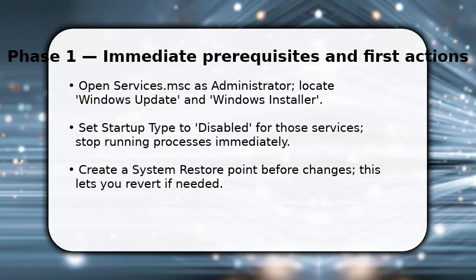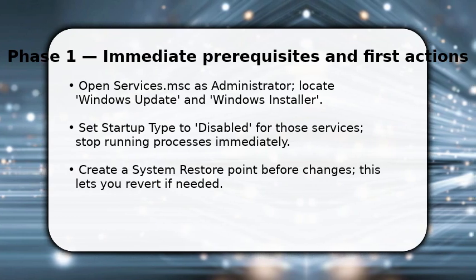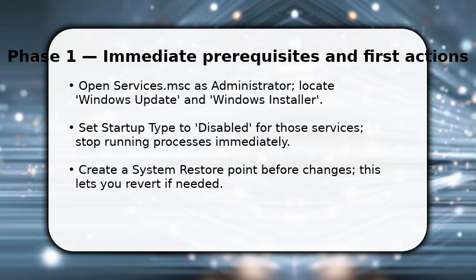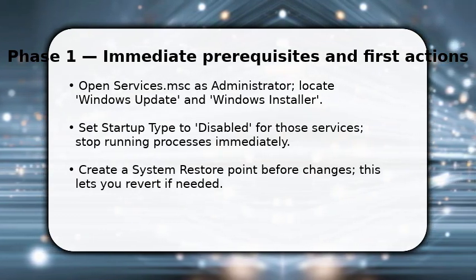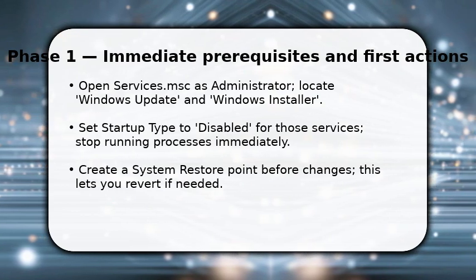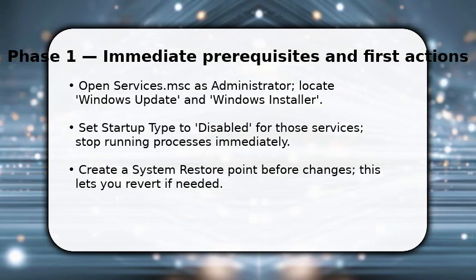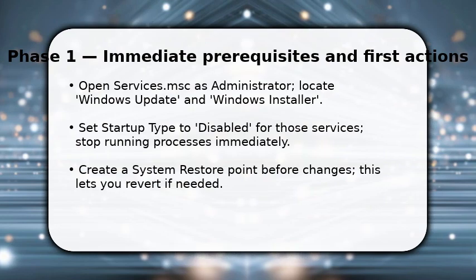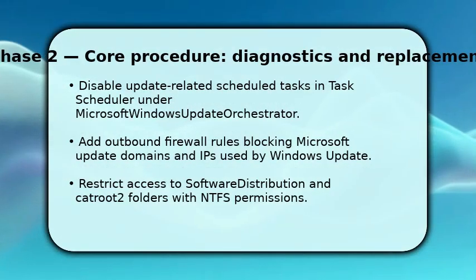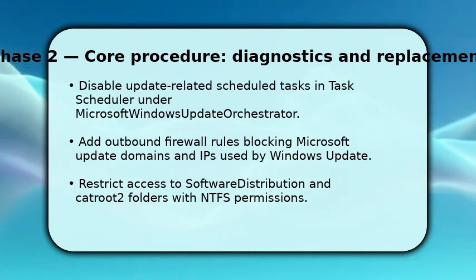Open Task Scheduler and disable update tasks under Microsoft/Windows/UpdateOrchestrator and WindowsUpdate. This prevents scheduled check-ins. Then, create outbound firewall rules that block connections to known Windows Update hosts and services so downloads cannot begin. Also, change NTFS permissions on